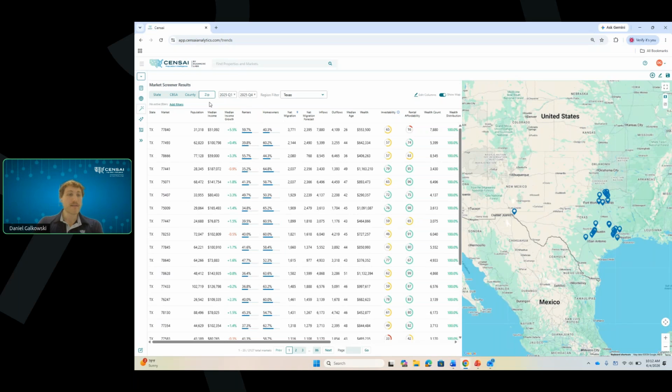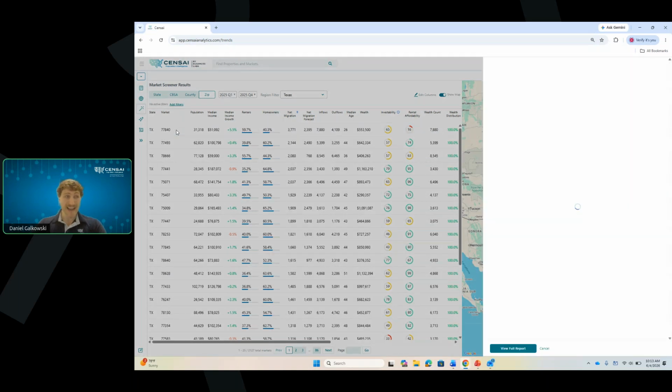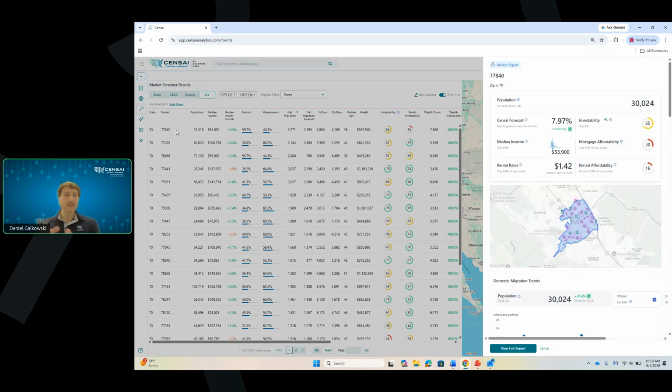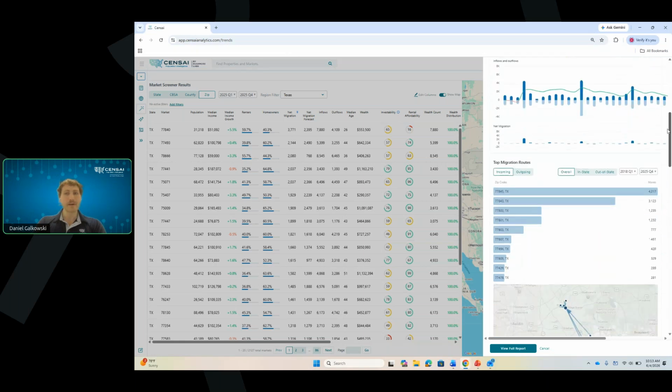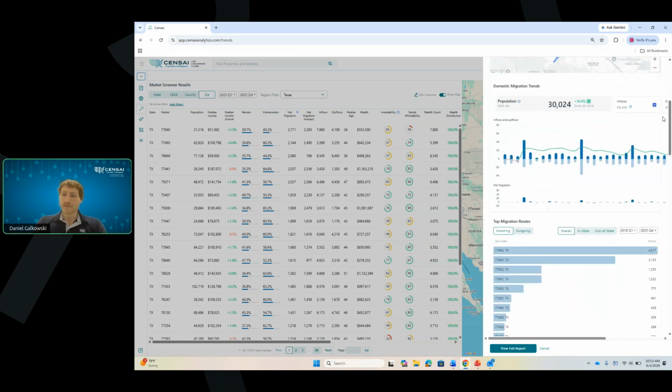So for Texas, we have it sorted by zip code here. I also sorted by net migration, just interested to see in the past year what were the zip codes that saw the largest number of positive net migration. Right on the side, without having to create an additional market report, I can just click on a market and the side panel will appear for us. So we're able to screen without having to generate a full market and take a peek at what's going on in this market and see if it's a market that we're interested in. So we do see it's a growing market.